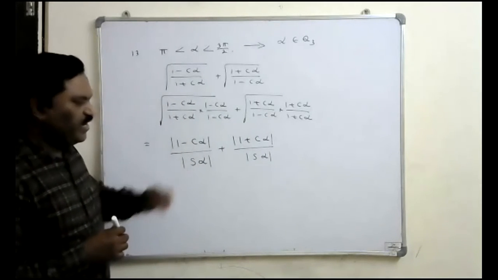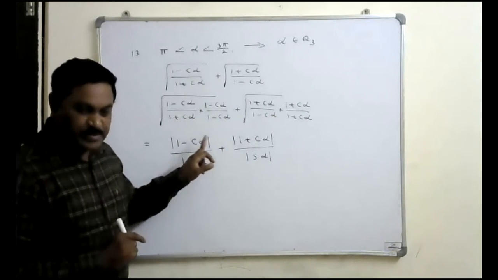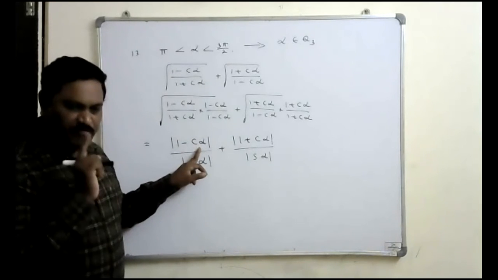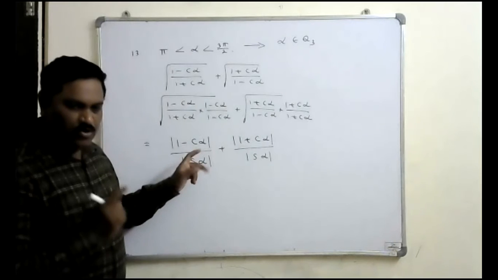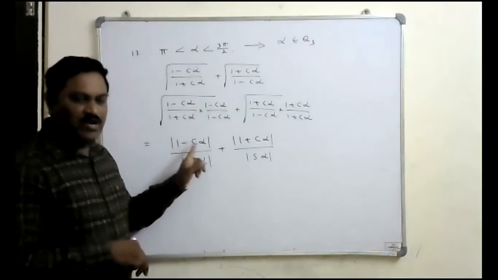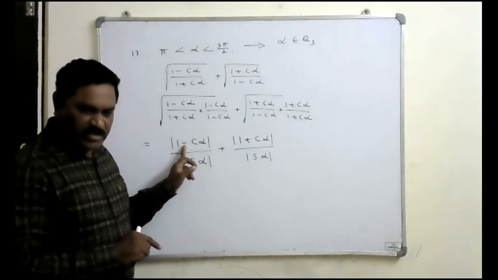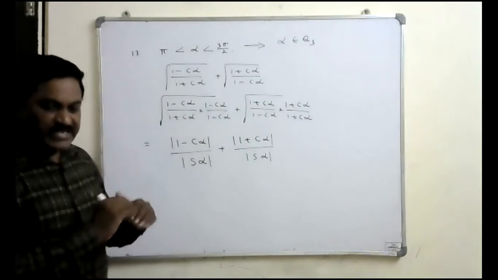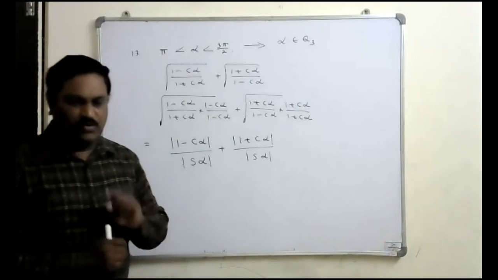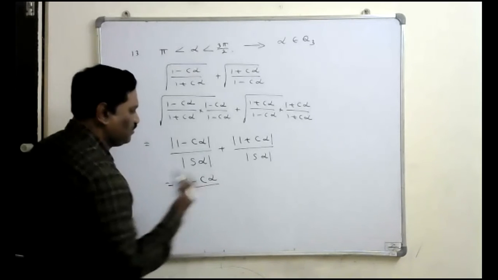Now here also if you observe the numerator, the maximum value of cos alpha, whenever you subtract the maximum value from the constant, the total value becomes minimum. Maximum value of cos alpha is 1, 1 minus 1 is 0, so the minimum value is 0. And if I subtract the minimum value, the total value becomes maximum. So cos alpha minimum is minus 1, so minus of minus 1 is 1 plus 1, 2. Maximum value is 2, minimum value is 0, which means 1 minus cos alpha is always positive. That's why mod 1 minus cos alpha, you can write 1 minus cos alpha upon.